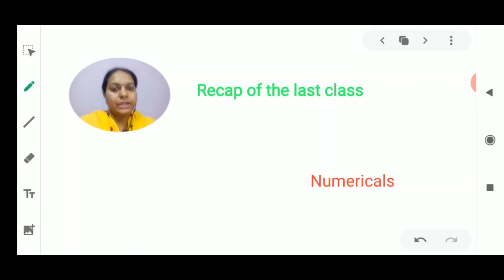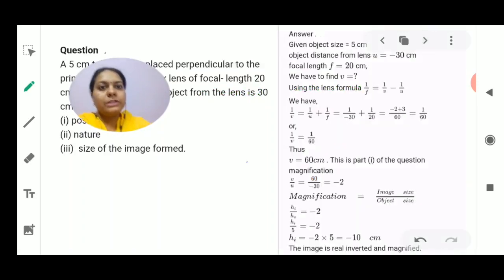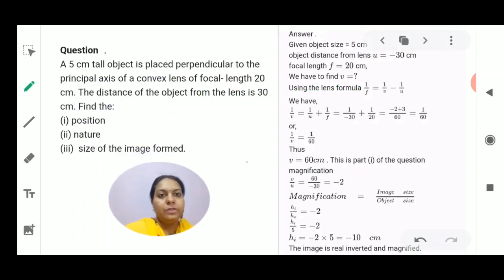The first question of this video is from the lens formula again, because I feel this is one of the most confusing topics, as children may make different types of mistakes, like not putting the sign according to the sign convention. That is why I thought of making this video, so that you will be able to solve different types of numericals and some varieties which have been asked in the past board examinations, that I have collected.